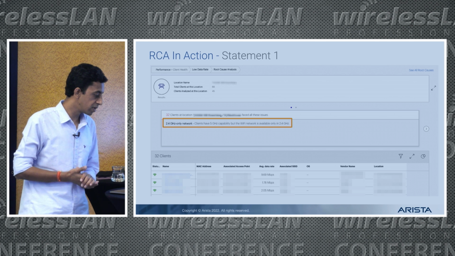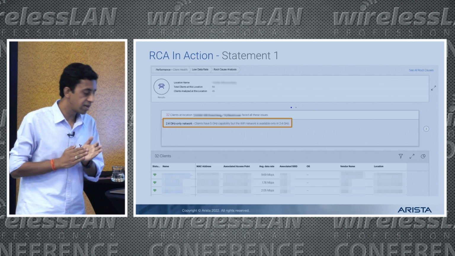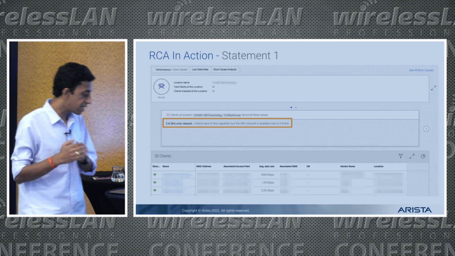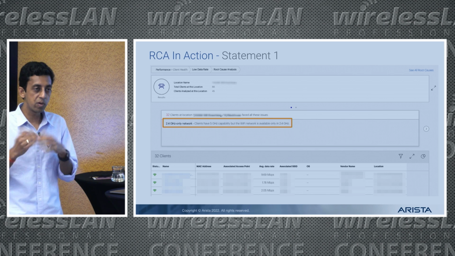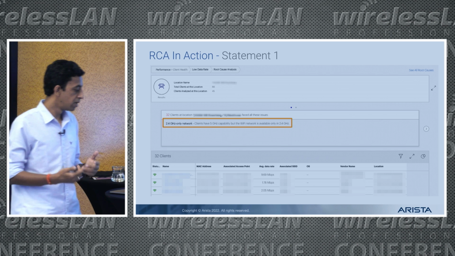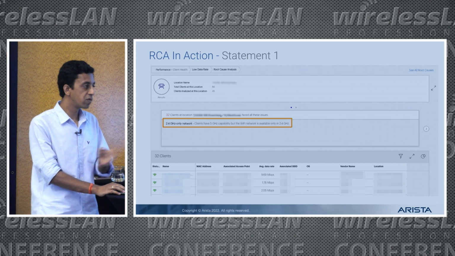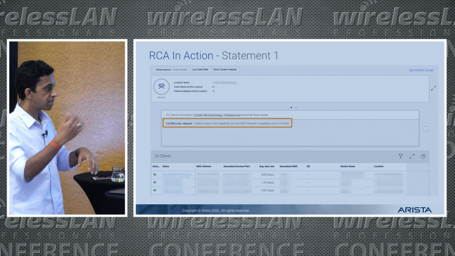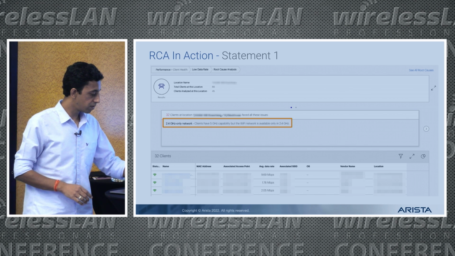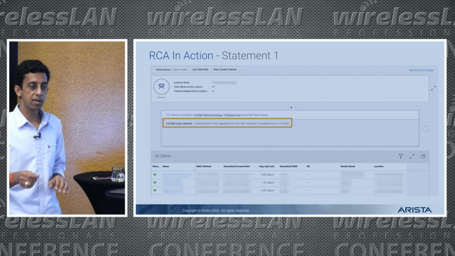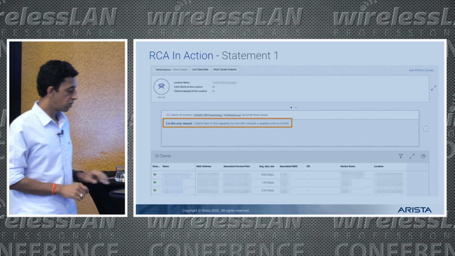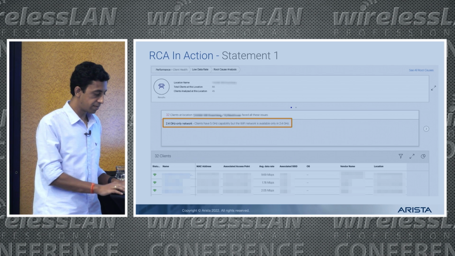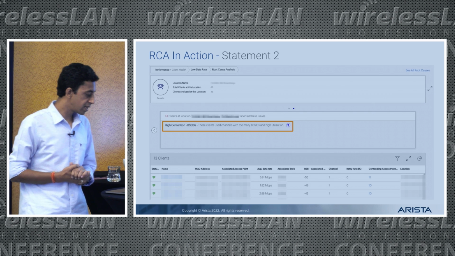For example, this one is saying clients have 5 gigahertz capability, but the network does not support that, right? So you need to turn that on. It's a 2.4 gigahertz only network. And then the evidence is also there. As I said, evidence is really important. So we also show the number of clients that are impacted by this statement and where they are operating and their properties. Now the second statement can be